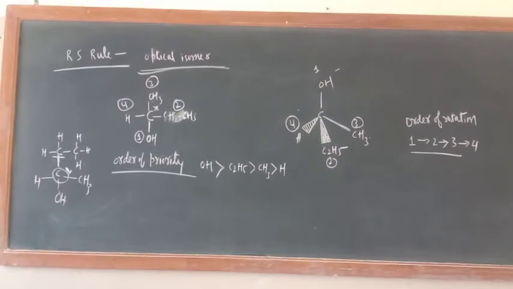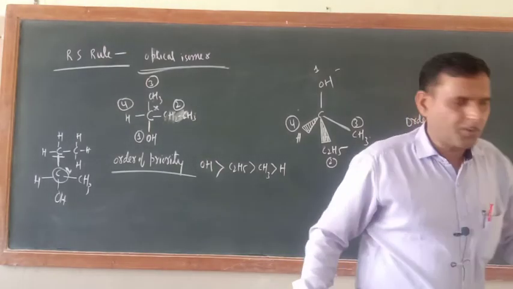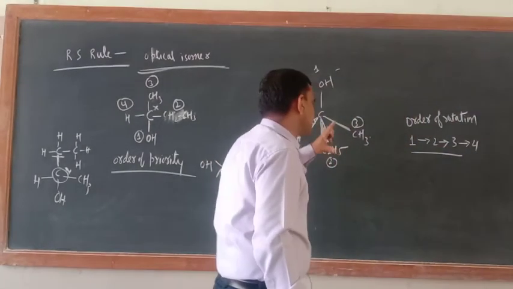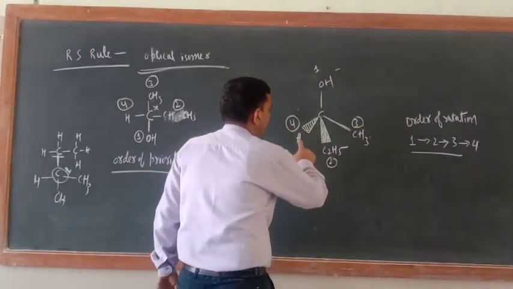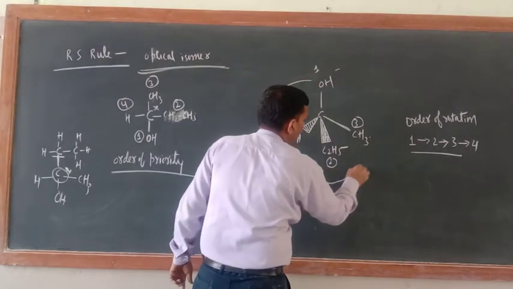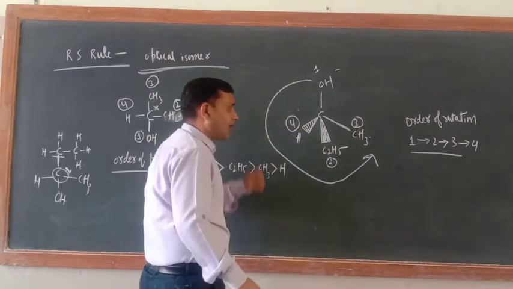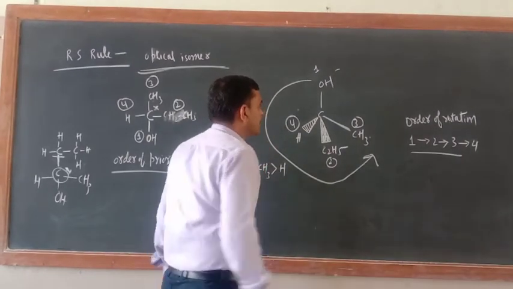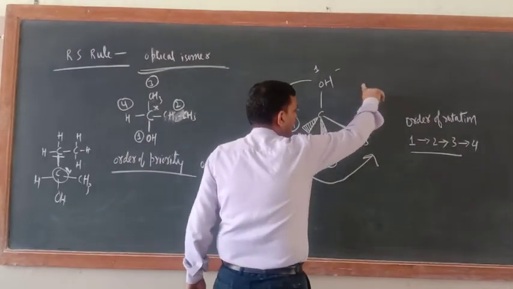Okay, so now we have made it in the tetrahedral form. Now this is the order of rotation, or for tracing the path. Now just see, the rotation would be like that, 1, 2, 3. Now you will ask, sir, how? Sir, you could have gone like that.